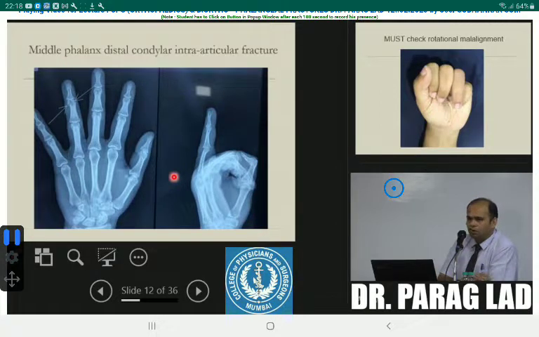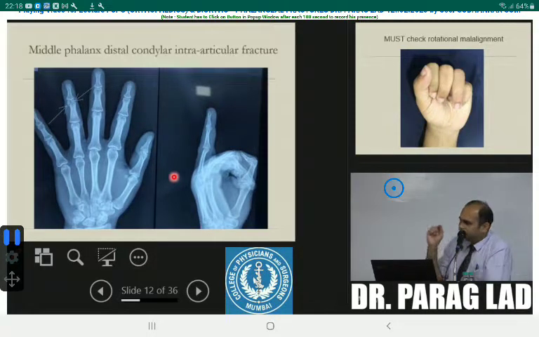Conservatively. All wrong. Okay. Because another criterion, however undisplaced a fracture you see, if there is a rotational malalignment, these fractures need fixation. So whenever somebody asks you this question, will you treat this conservatively, first of all, I would like to see the patient clinically. What do you want to see in this patient? Number one, is it an open fracture? Then you need surgery with debridement and fixation. Then second, rotational malalignment. I want to ask the patient to make a fist.